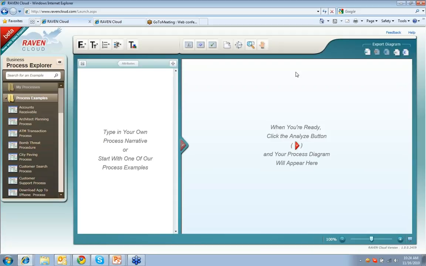And in some cases, maybe even better, right? Of course, we'll leave that opinion up to you, right? So this is the interface that you see upon launching Raven Cloud, and it includes a Process Explorer control here